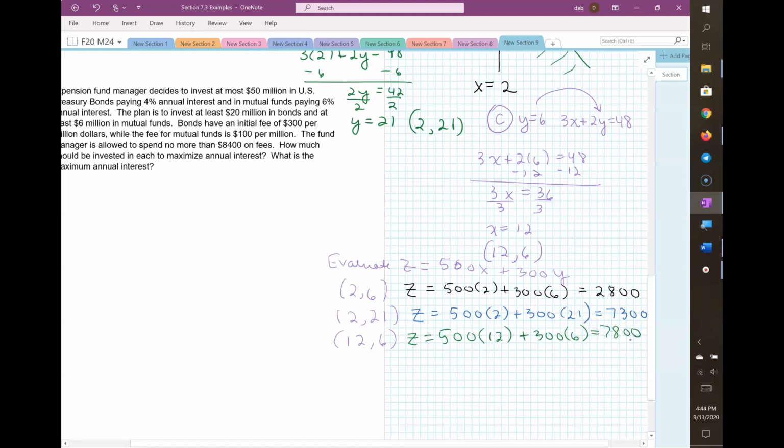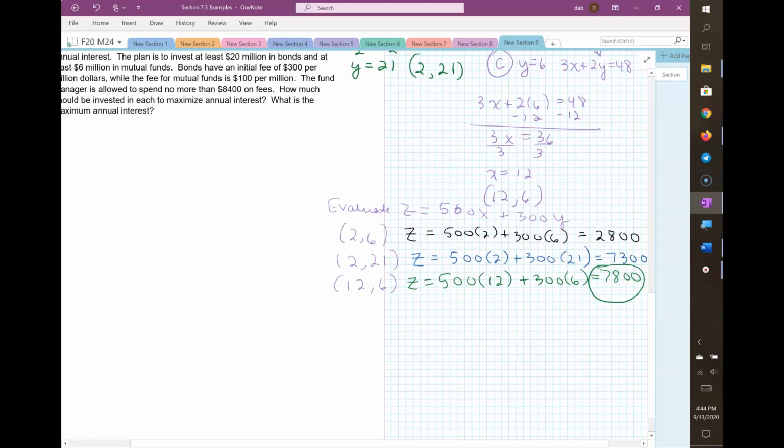So remember, we're trying to maximize income, so we want the biggest number. If this was a cost function, we would be looking for the smallest result. So the maximum income is the $7,800. It will be achieved